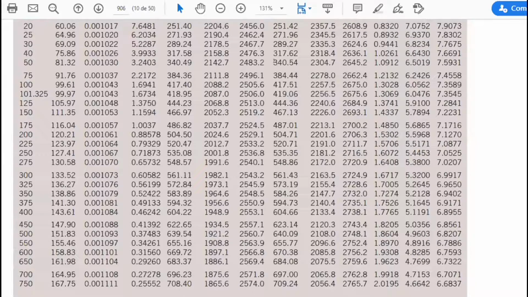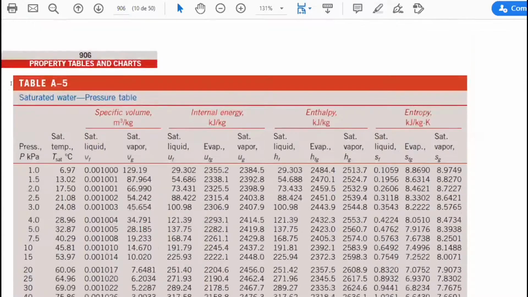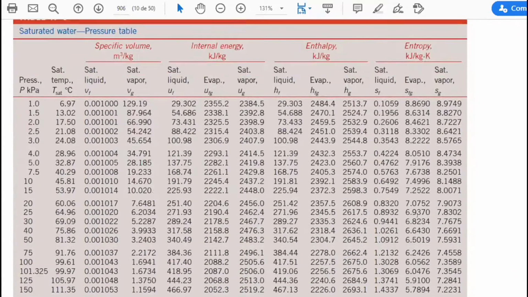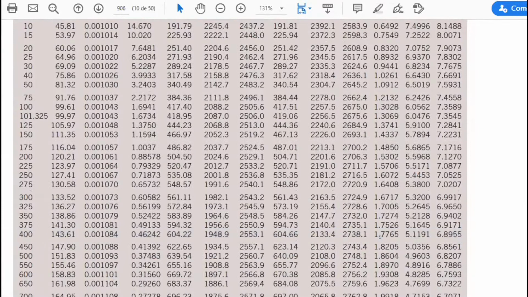Property table. All right, so at the water pressure table, I'm going to be looking at 400 kilopascals, which is our state 6, and I want to look at the entropy column. So what are our entropies? We have this guy for the saturated liquid, and this guy for the vapor. Our value is 6.7, right? So 6.7 falls between 1.7 and 6.8, so therefore it's a